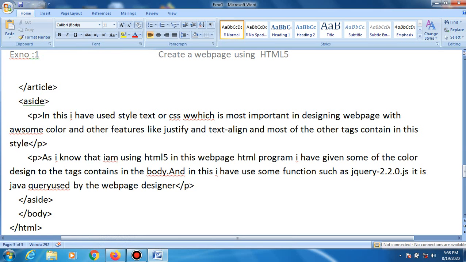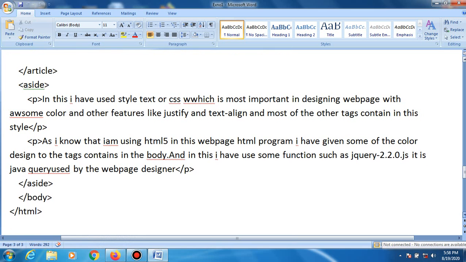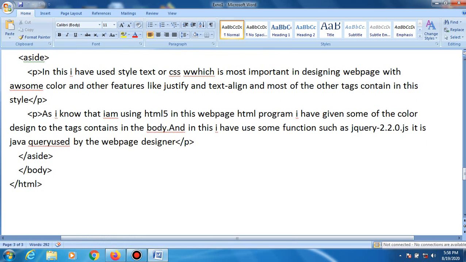The last one is the slash body tags and HTML tags, because we opened the body tags, HTML tags and head tags in the beginning of the program. So we must close those tags at the end of this program, right?